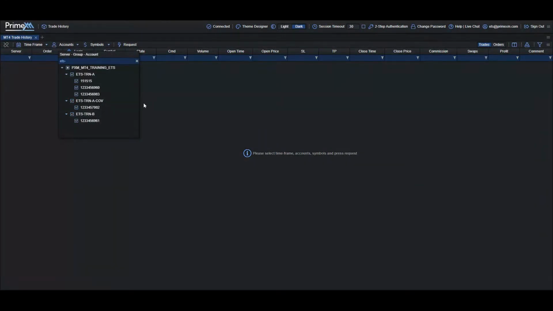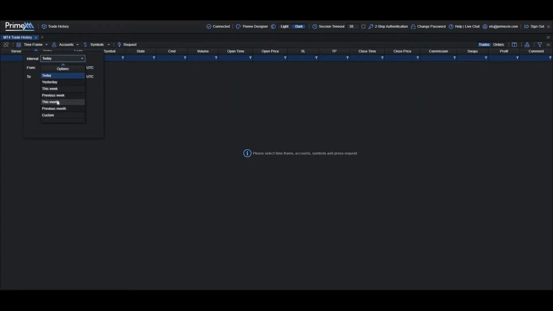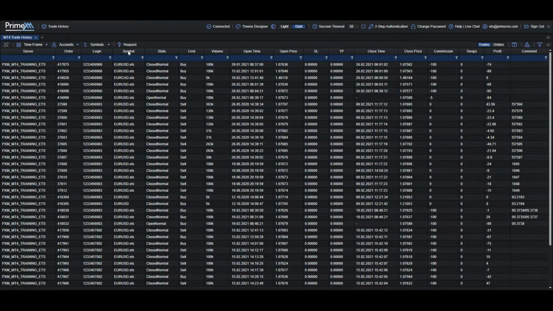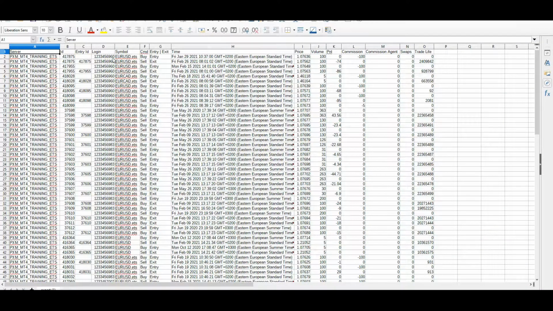Using the trade history component, you can generate reports for a predefined time frame of orders from specific MT server groups and symbols. Details will be generated in a grid, allowing you to view the order information as it was sent from the MT server as well as how it was received in the X-Core. These reports can be exported to Excel for bookkeeping purposes or to share with colleagues or regulation bodies.